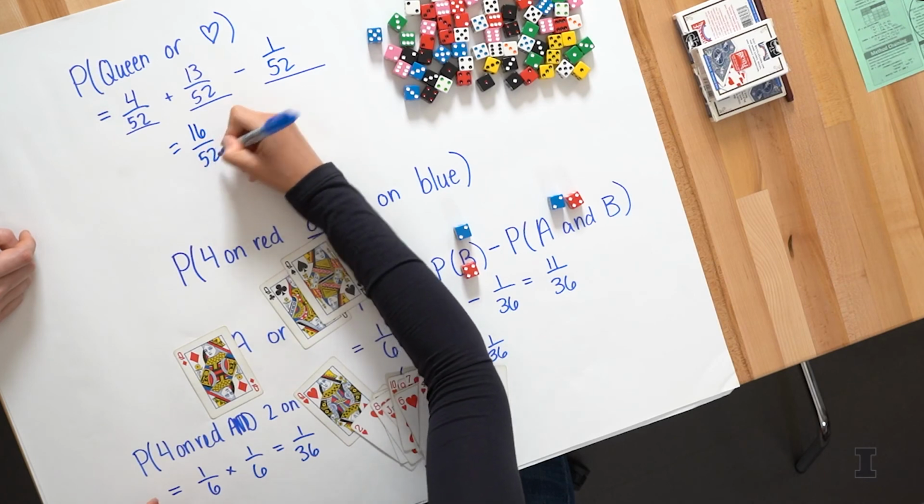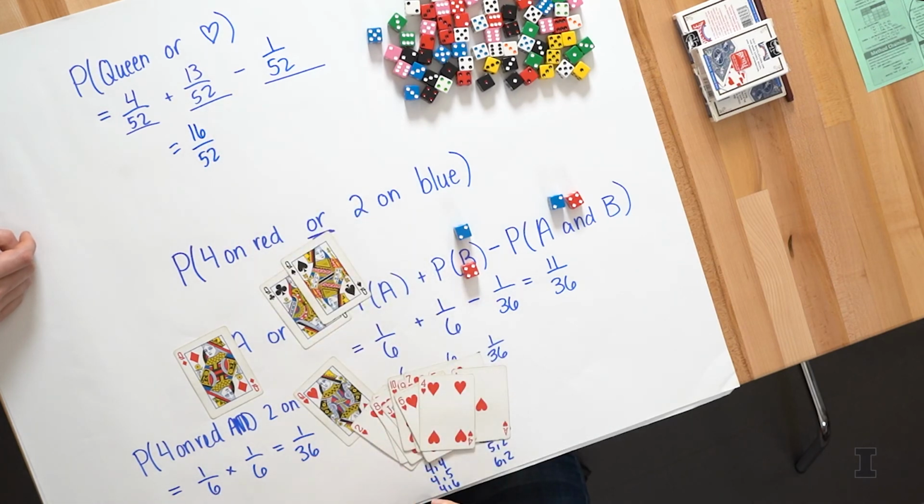and I end up getting 16 out of 52 as this probability. Another quick way you could think about this is if I said, say we had a group of people and